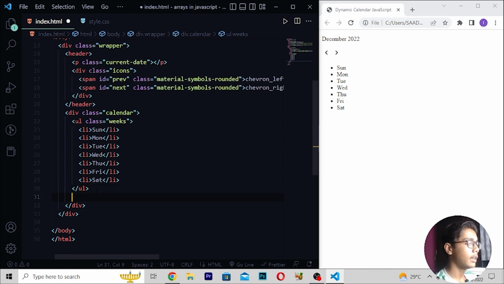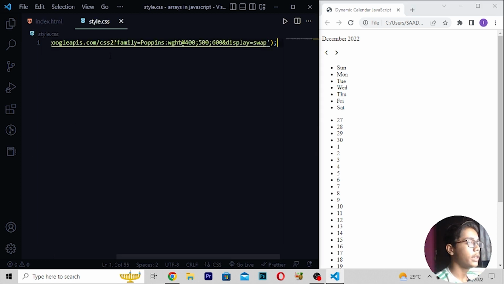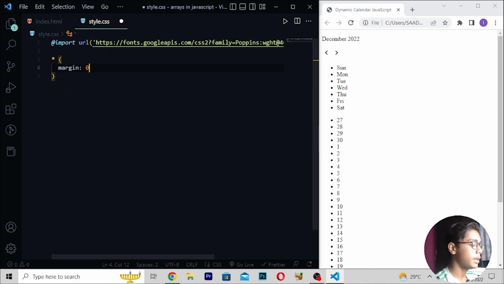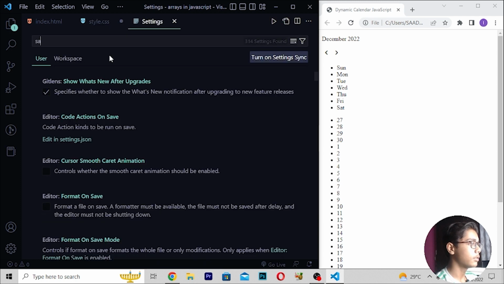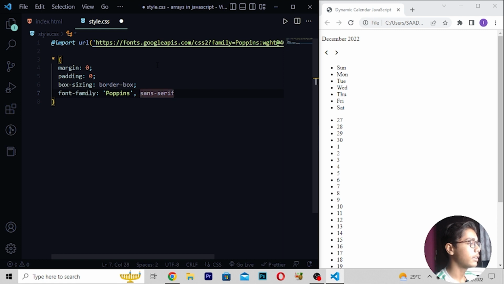Now when you are getting this, here I will be writing ul class base, save this, then here I will be reloading. Now you can see we are getting all this stuff here. Now when you are getting all these things, here I will be moving into this file, and after moving down here I will be writing this tag and then I will be writing here margin 0, right here padding 0, then I will be writing here box sizing which should be border box, then I will be writing here font family which should be Poppins like this, then I will be writing comma. So simply here I will be now moving in this right here sans serif. Then I will be giving space and closing this tag here.